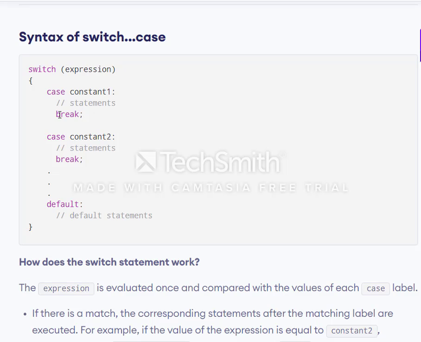Break means if you want to go outside the switch statement after completing that case only, then you use break. Otherwise, if you want to continue through all the cases, then you can use the keyword continue. These two keywords, break and continue, are helpful in switch cases. Without break, it also executes the whole cases in a switch statement.